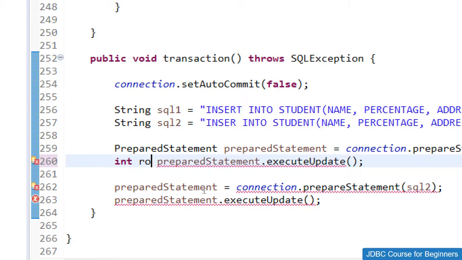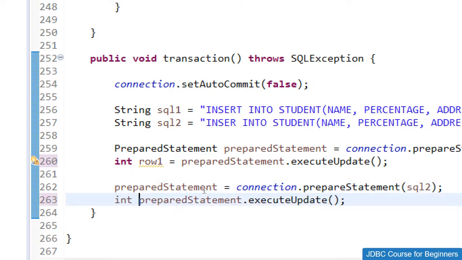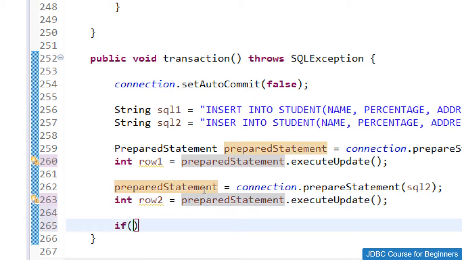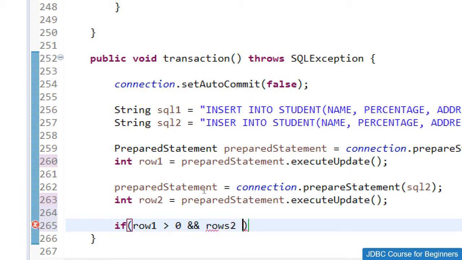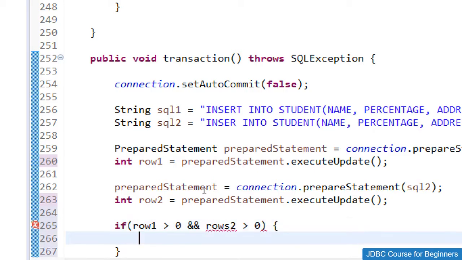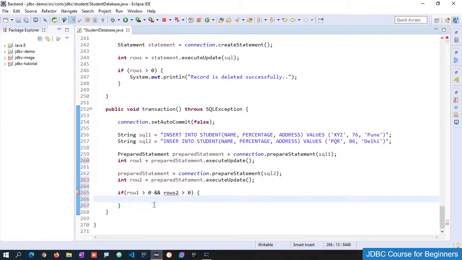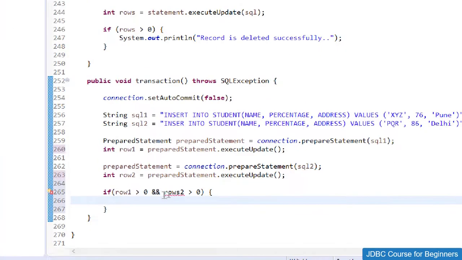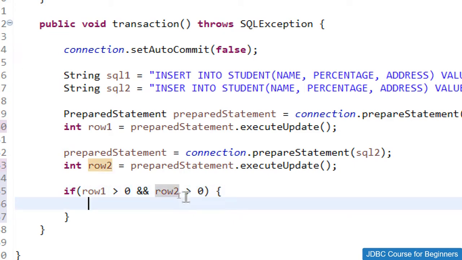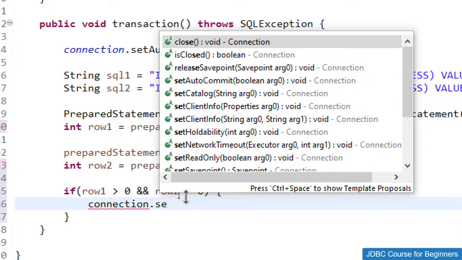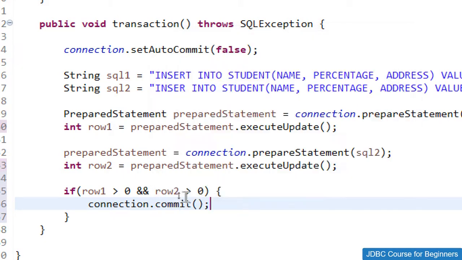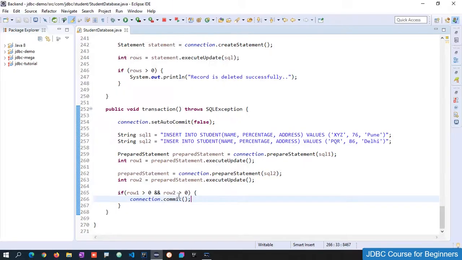So let me use row 1 equals prepared statement dot execute update, and for the second one as well, row 2 equals the same. And if row 1 is greater than 0 and row 2 is greater than 0, then only I want to commit the record. So I just need to write connection dot commit, like this. Now let me save this and see what happens.